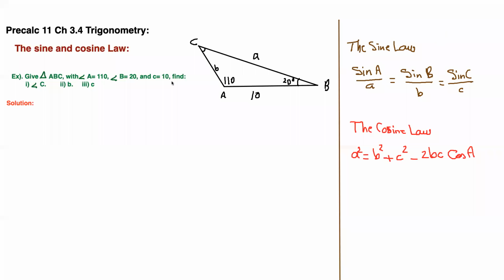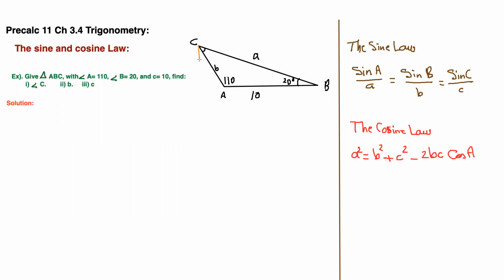Trig again, 3.4 and 3.5, as a matter of fact, the sine and cosine law. We're going to look at another question that, if we use the old method without using the sine law and the cosine law, what we have to do,